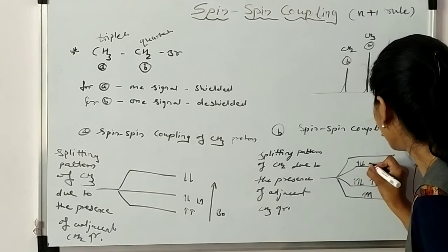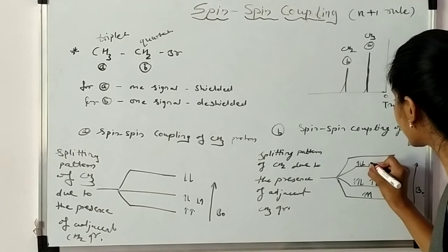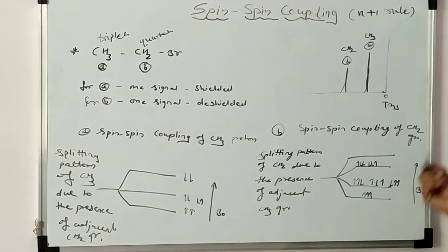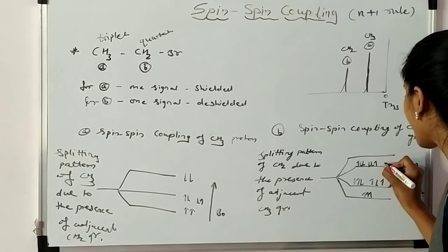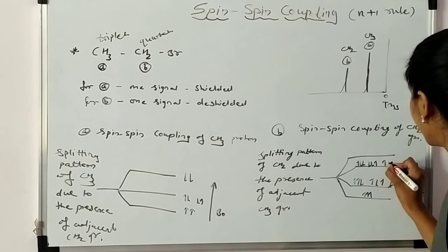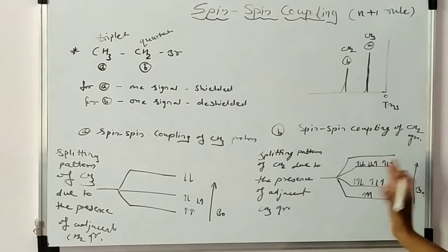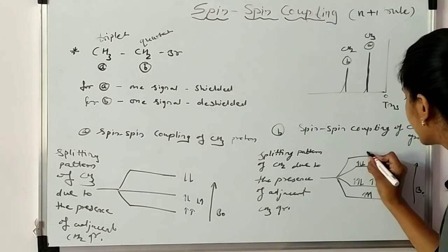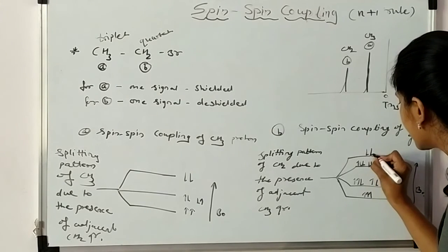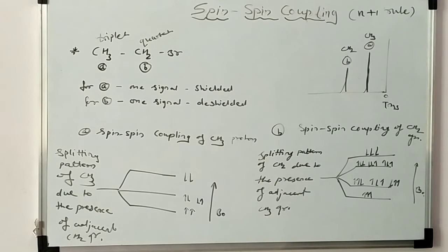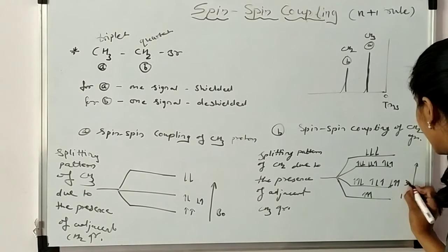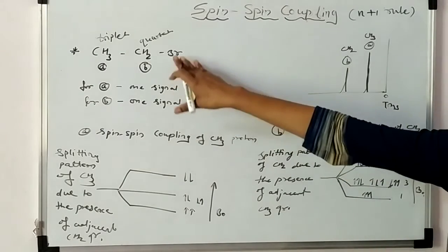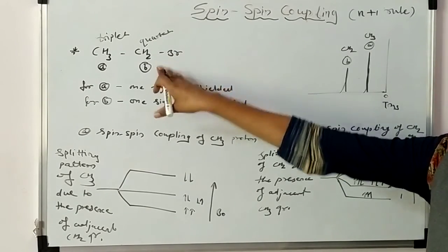Change the sign of 2. Which 2? First and second, we change the sign of these 2 and keep the last one. And another possibility is to keep first and third the same and change the sign of the middle. Okay, any one you can change. And last, there is only one possibility, change the sign of all 3. That means 1:3:3:1 intensity. We get the quartet. Here we get the quartet for CH2 group.